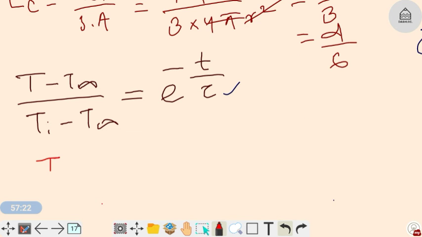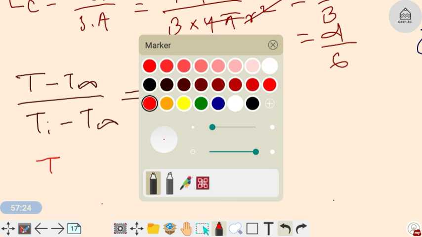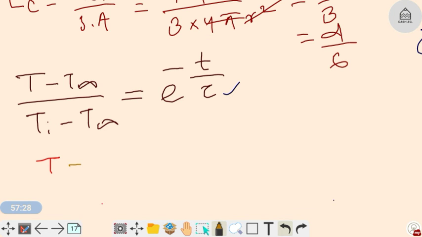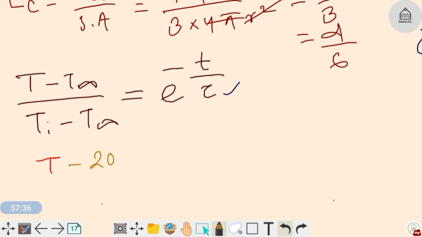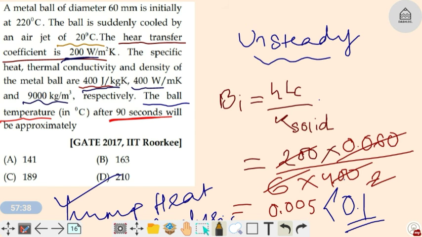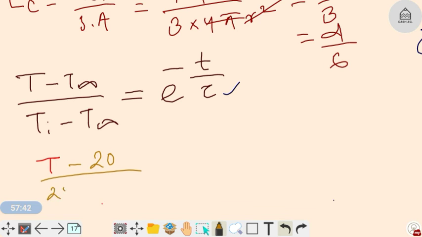Let that ball temperature be T. T minus T infinity, what is T infinity? T infinity is 20 degrees Celsius. Minus 20. The initial temperature of my ball is 220. Is equal to e to the power